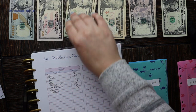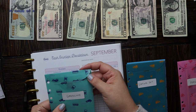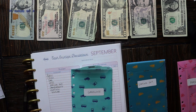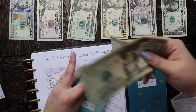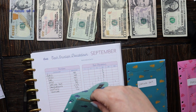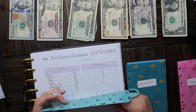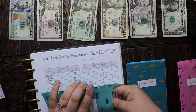So we'll take 2 20s, put them in my gasoline envelope, which is cute because it has little buses and cars on it, so it fits the theme. I'll be honest, the designs on these envelopes are not my favorite. I kind of wish that they were just plain or just like solid colors, but